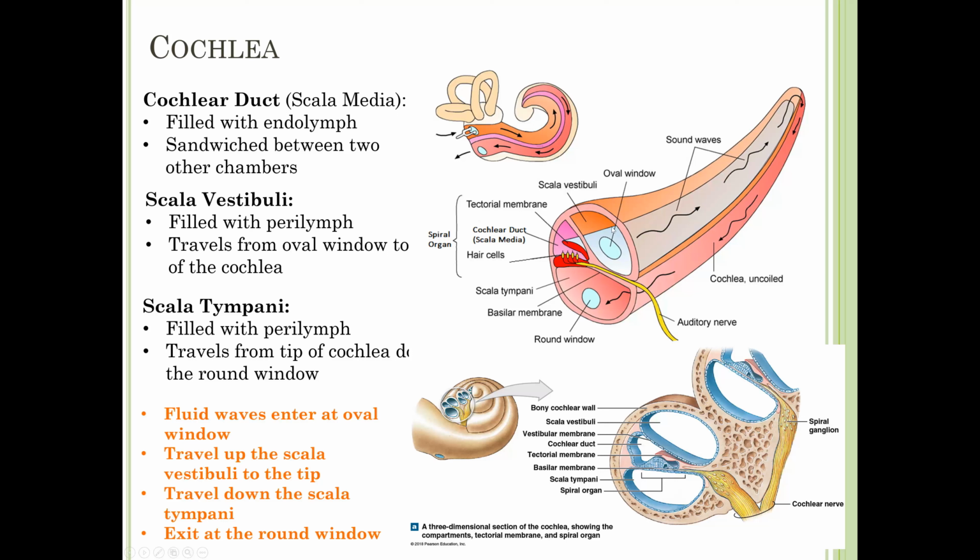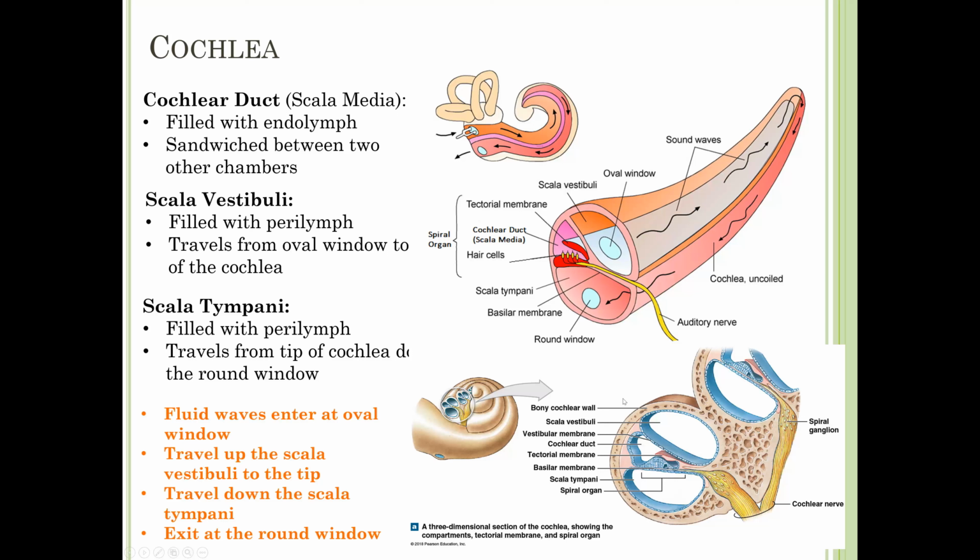So if we look at a cross section of this, the cochlear duct is this little area over here that's purple, right? It matches that little purple line up here. And then underneath it would be the scala tympani. Above it would be the scala vestibuli, and sounds come in the oval window, travel up the scala vestibuli, reach the end, wrap around, and travel back out through the scala tympani.